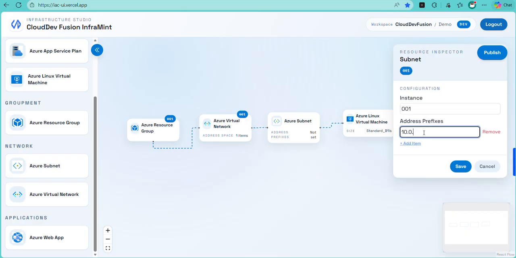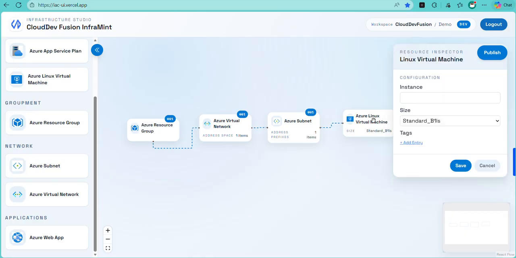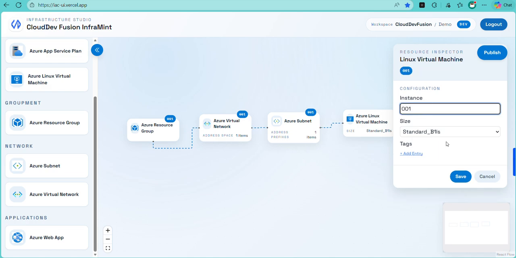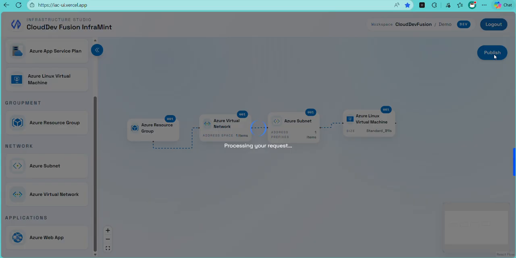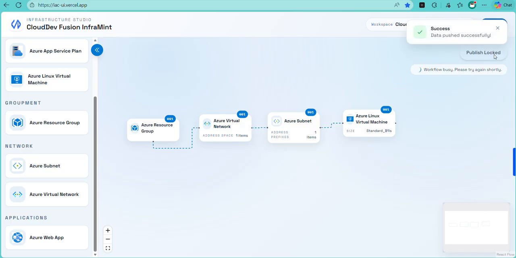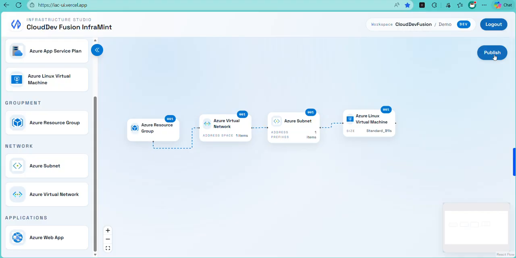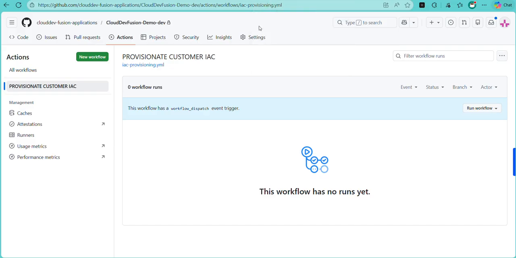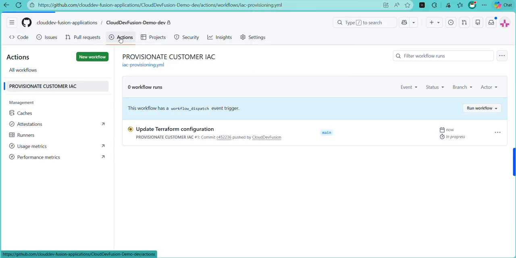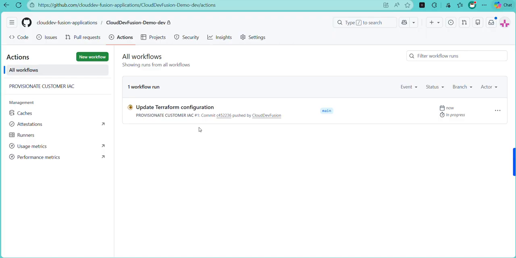This is a subnet, so let's give it the address prefix. This is a VM, so we're going to give it the index name, and we're going to publish. And now the magic happens. All I did is do my design on the tool, hit a button, and now everything is going to happen behind the scenes. Now I'm going to swap to our pipelines, and you see it has already kicked off a pipeline